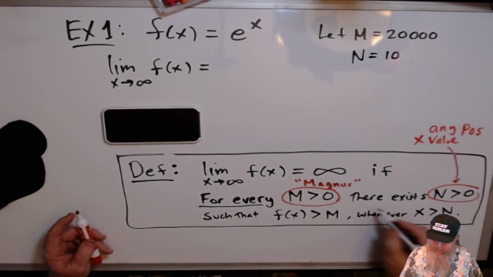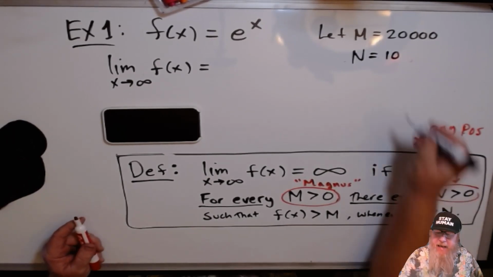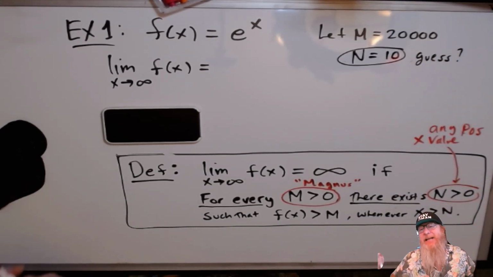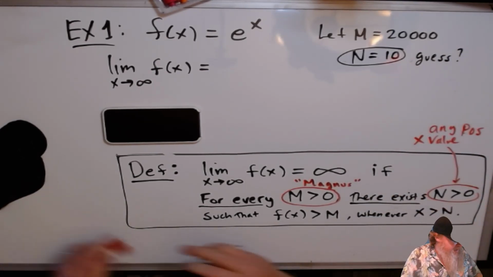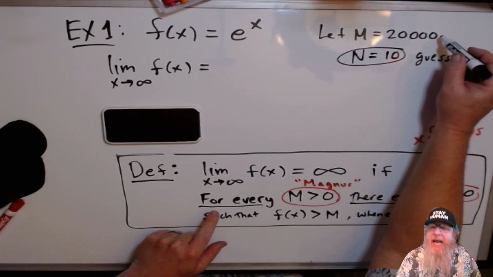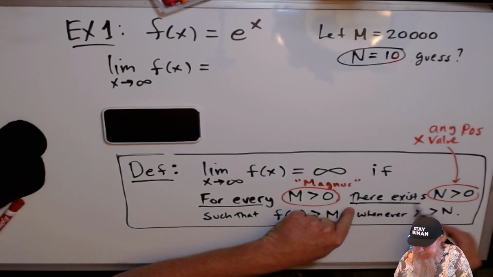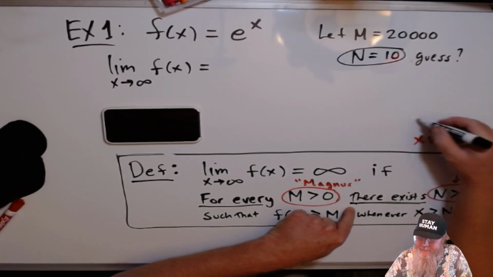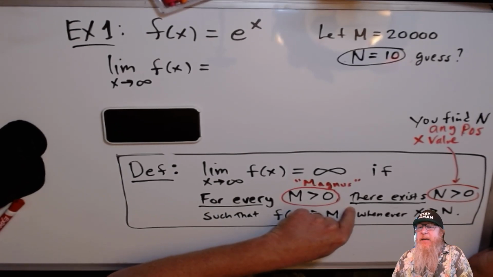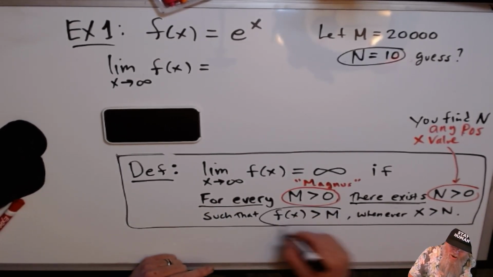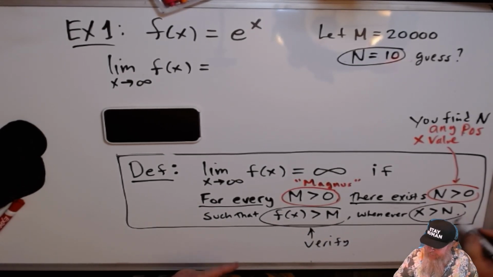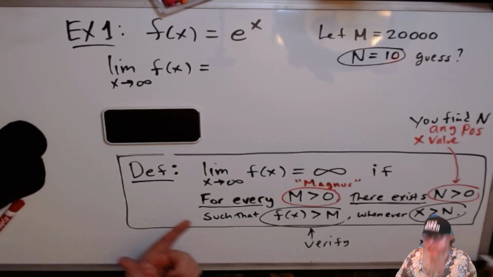There exists an N. And again, this is really just a guess. I guessed several times before I got it to be 10. What this definition says is that every time I pick an M, I can find any positive x value, and all you want is to verify that whenever x is bigger than that number, so x has to be bigger than 10,